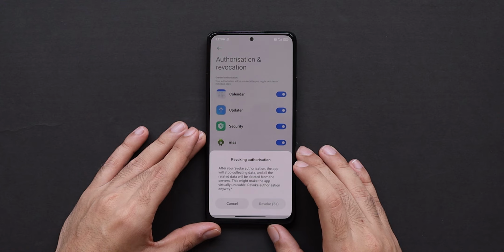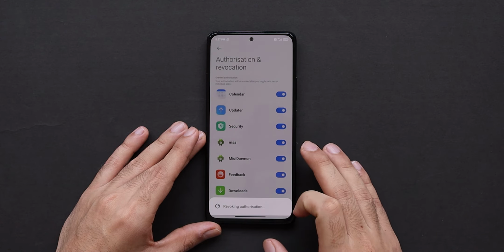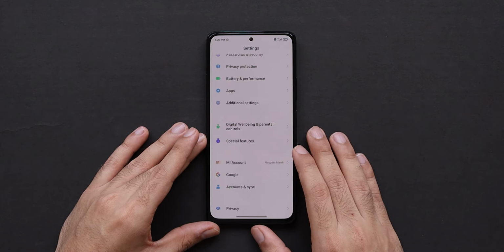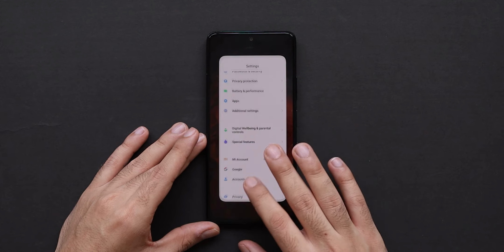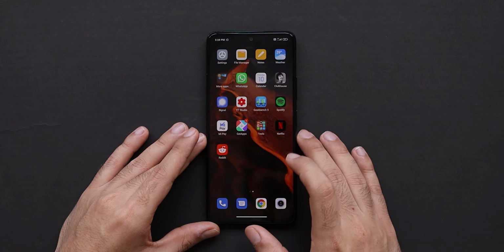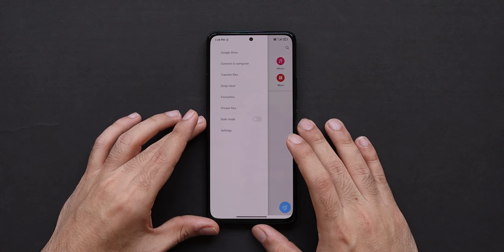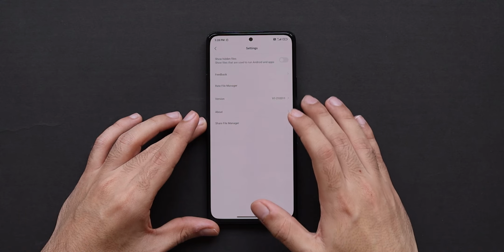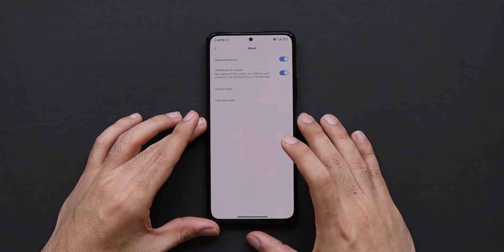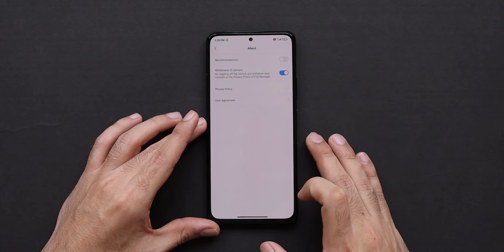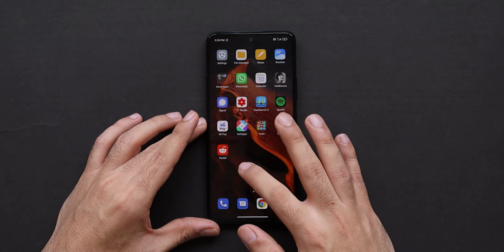Now it will give you a 9 seconds timer. After that, just hit the button that says revoke. And do the same for get apps as well. Now right now what we have done is we have just stopped these two services from collecting any information to show ads. But you have to still go and disable the ads from showing up, and the process for it is very similar across the board. So if you just go to the app, then you go to settings, and then you just disable personal recommendations.